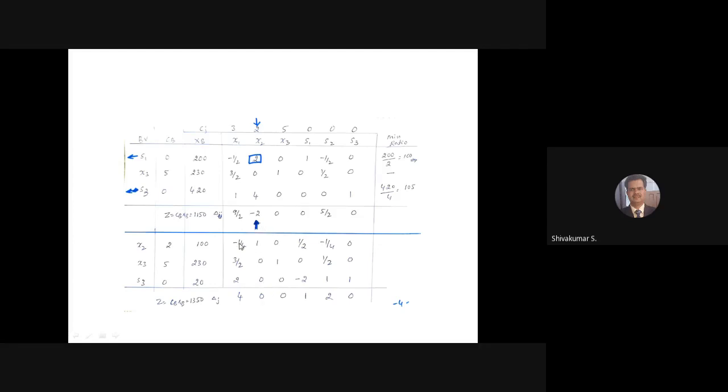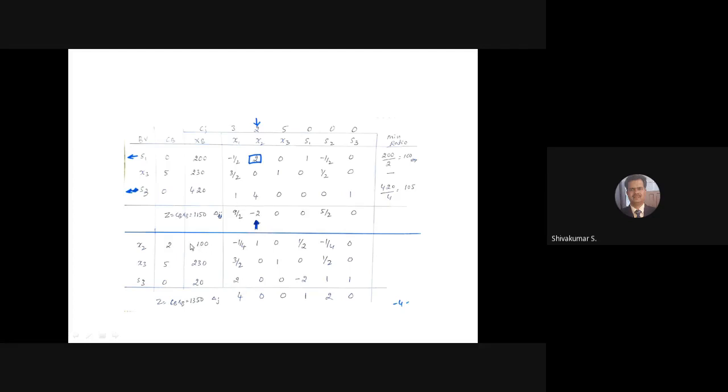Now multiply minus 4 with this one here. Minus 1 by 4 into minus 4, you're going to get plus 1. Plus 1, plus 1, 2. You are multiplying the entire row by minus 4. So minus 1 by 4 into minus 4 becomes plus 1. You have here plus 1. So 1 plus 1, 2.